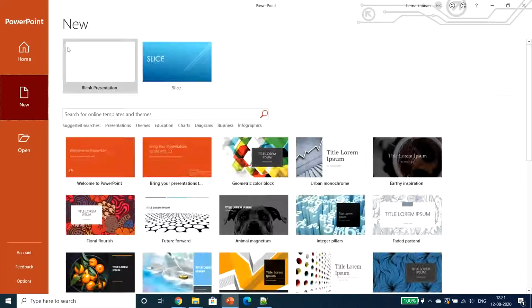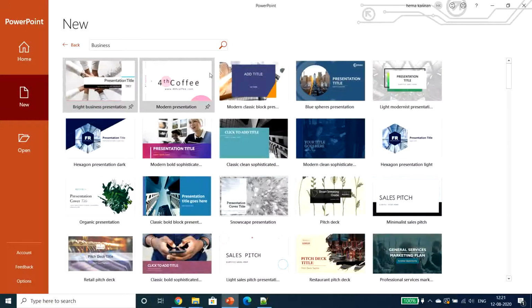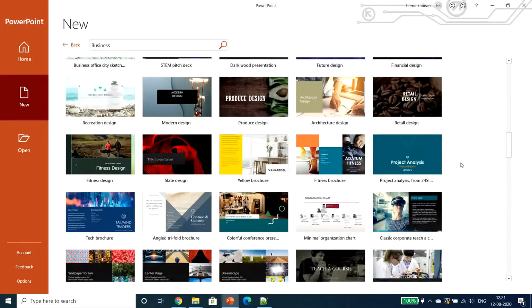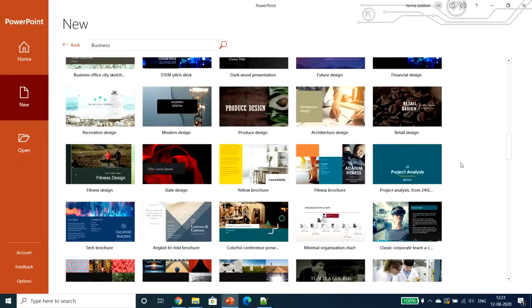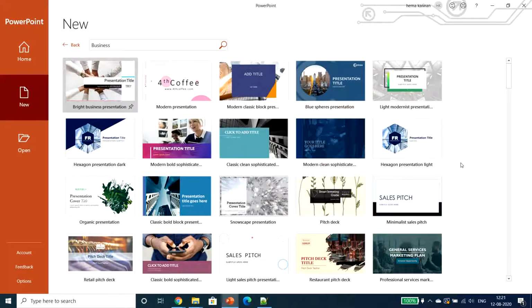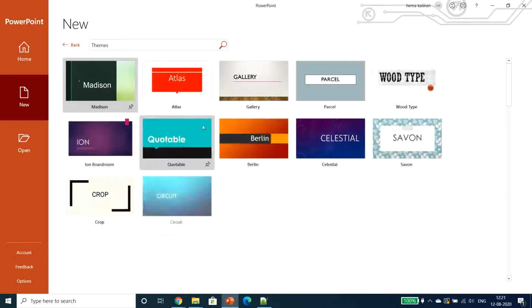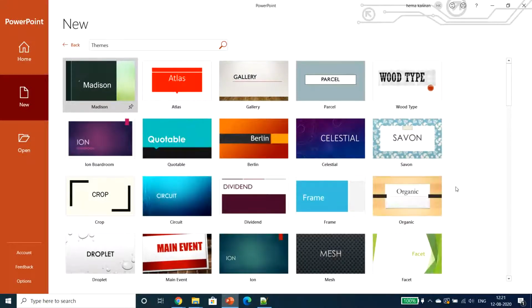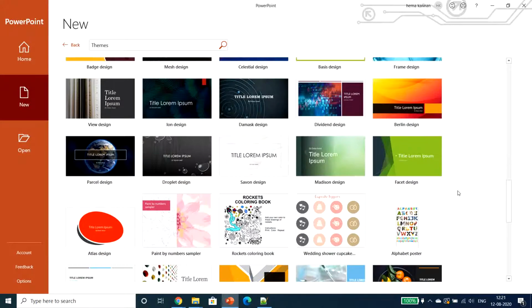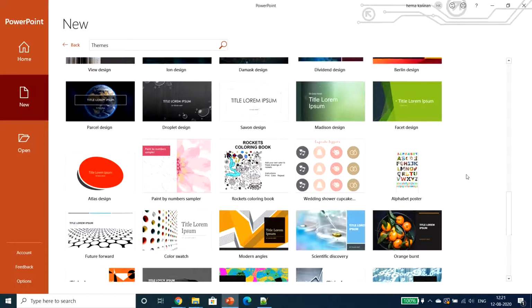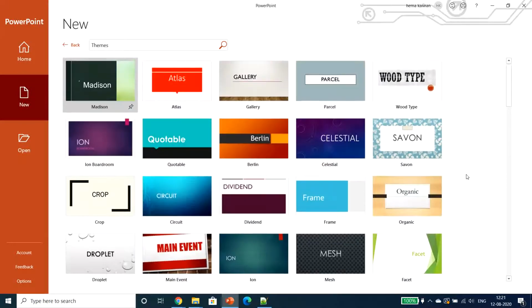If you need something related to business, then click on business, so that it will give all the slide designs, and the theme will be in the business module. We can prepare our own layout in the presentation, whatever we need. For example, you can list this theme. So you can see several slide designs have been prepared and given here.